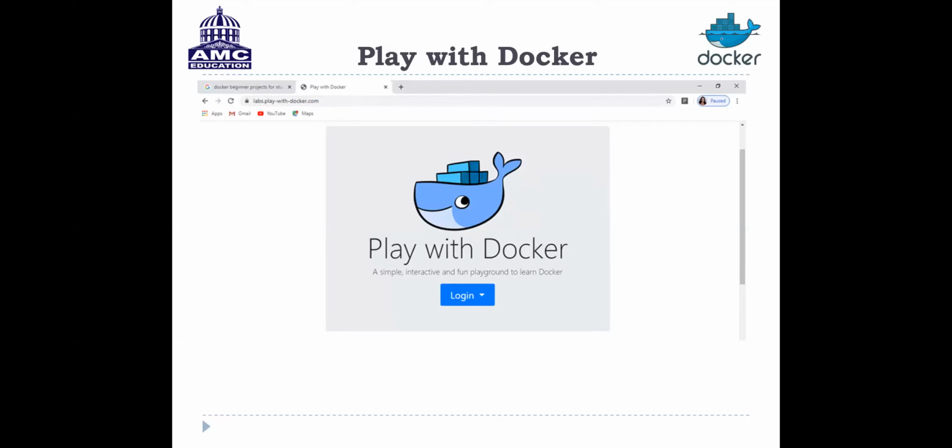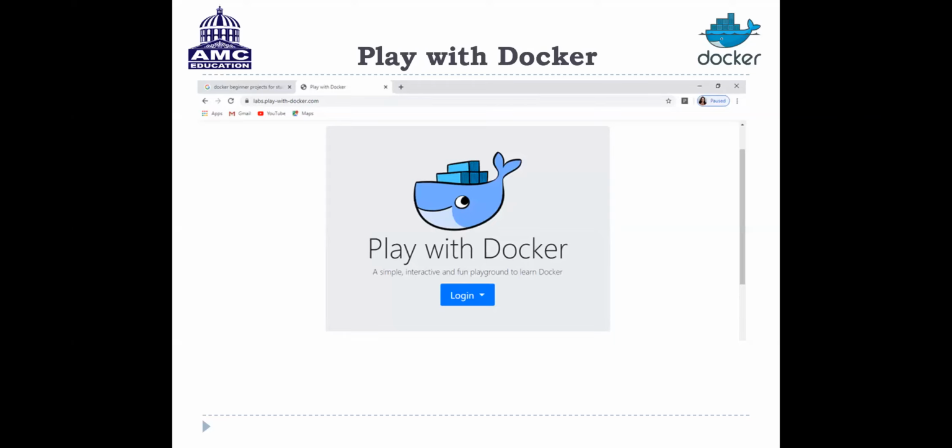Once you click on login, it will show you Docker. Click on Docker. Please follow my instructions carefully. If you want, I will go very slowly. You have to note down this whole process, otherwise it will be quite difficult to go for the command session. Now I'll repeat the same thing.